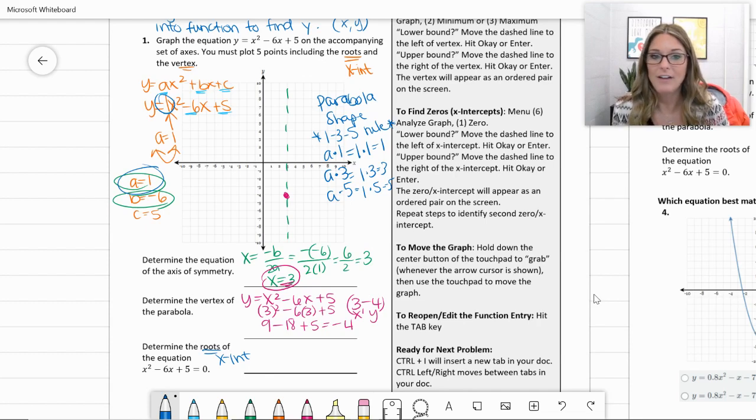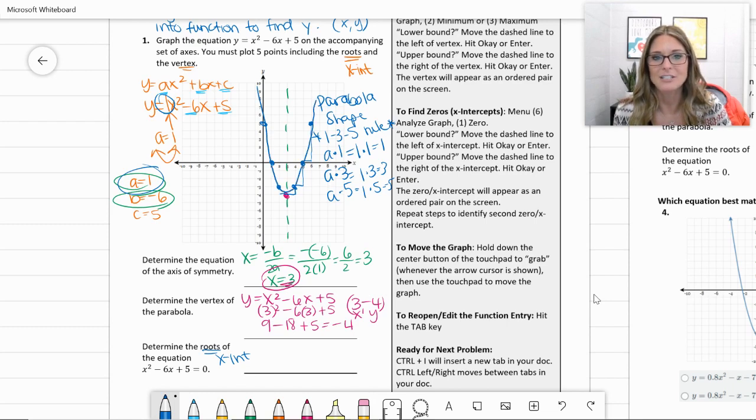So using 1, 3, 5, I'm going to go to the right 1, up 1. I'm going to go to the right 1, up 3. 1, 2, 3. I'm going to go to the right 1 and go up 5. 1, 2, 3, 4, 5. Now, parabolas are symmetric, right? So I'm going to go the other direction. Over 1, up 1. Over 1, up 3. Over 1, up 5. And that's going to give me my basic shape, and I can connect my dots to